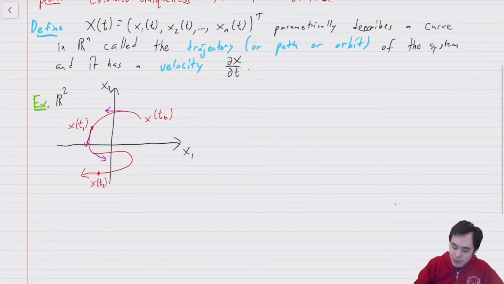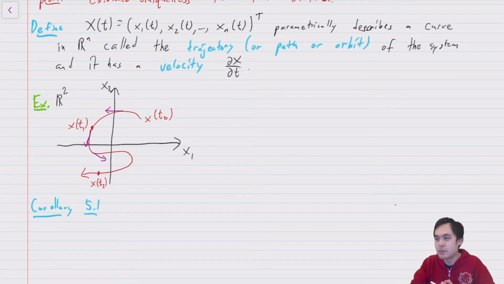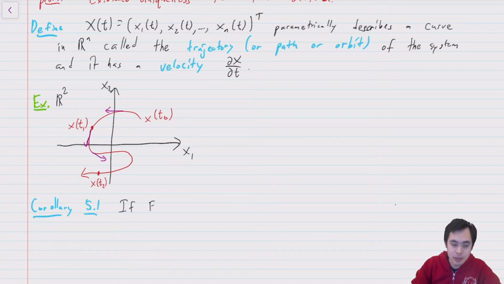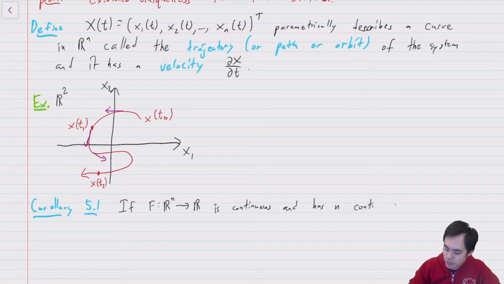Now one easy corollary of the existence uniqueness theorem is that you can't actually have two different paths that intersect. This is a consequence of uniqueness, because if you had two different paths that intersected, then you can prove that they would just be translations of each other. More precisely, let's have the same setup as before. If f is a function from R^n to R that is continuous and has n continuous partial derivatives,